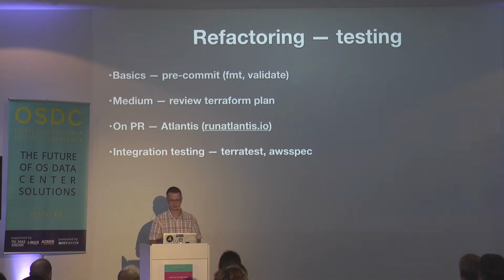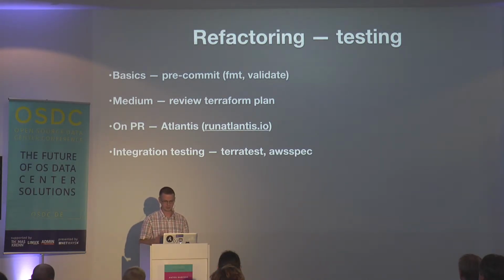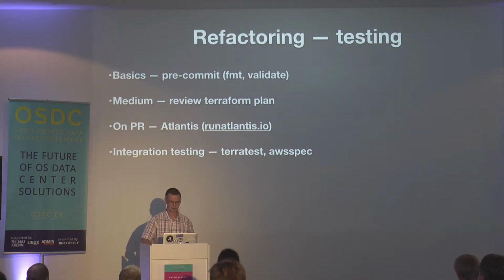And integration testing is currently done by two things. Either it is a specific provider library like AWSpec, or it is more global, but it's written in Go, and you have to write Go code, which is called Terratest. It was released approximately 2-3 weeks ago, and it has already reached 1,000 stars. So for me, it means that people want something like that. Maybe different solutions, maybe not even that at all, but people want to be able to test their configurations. How is it different?